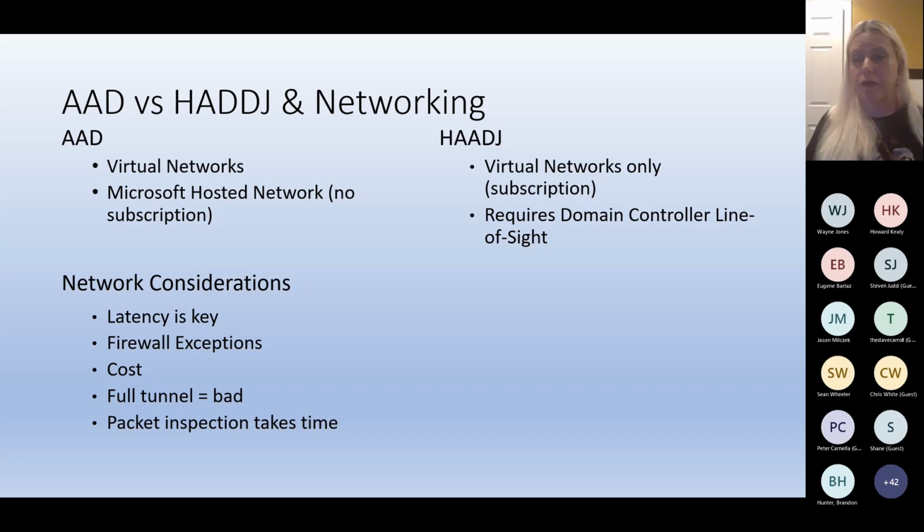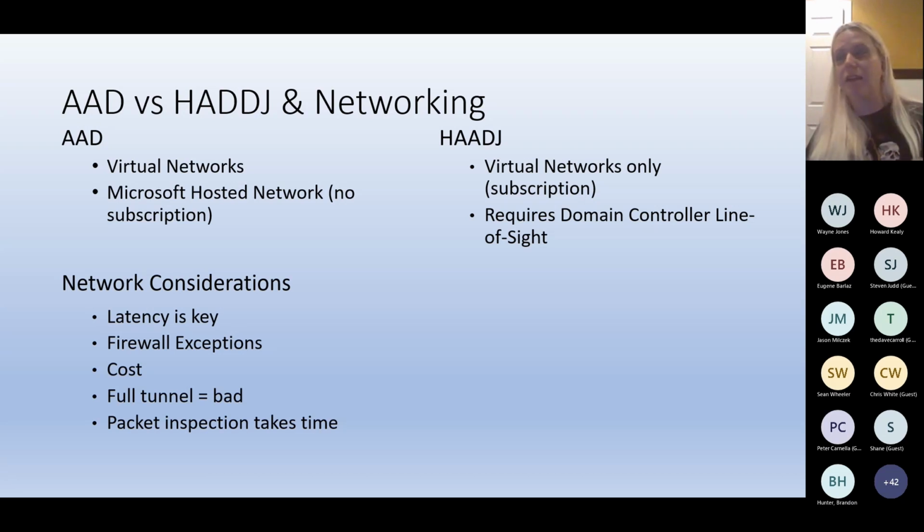Whereas if you're going to build your own virtual networks, then you need to look at peering costs, ingress, egress. If you're doing site-to-sites or ExpressRoute, there's added costs. And what you can do in the Microsoft hosted network is you could just go ahead and deploy a VPN client. So if your end user needs to connect to something on site, use a VPN. And it makes it super easy. If you want to do a proof of concept, big pro tip, just start with Azure AD Join and Microsoft Hosted first because it's by far the easiest.